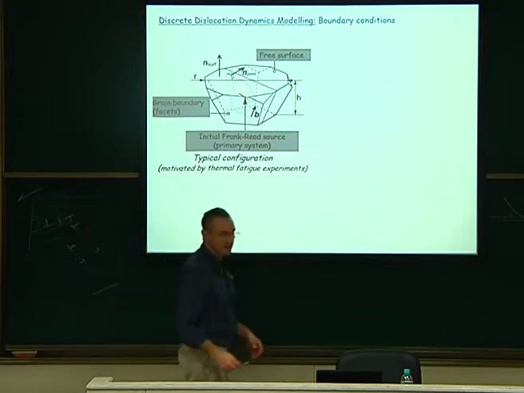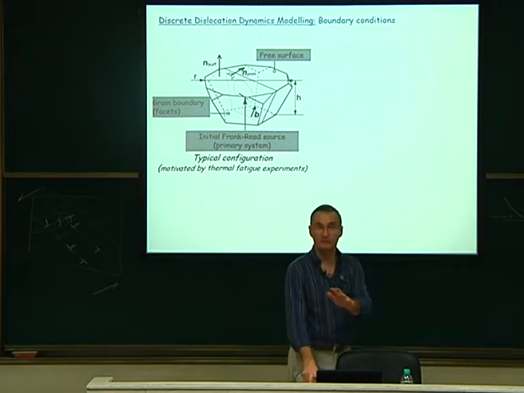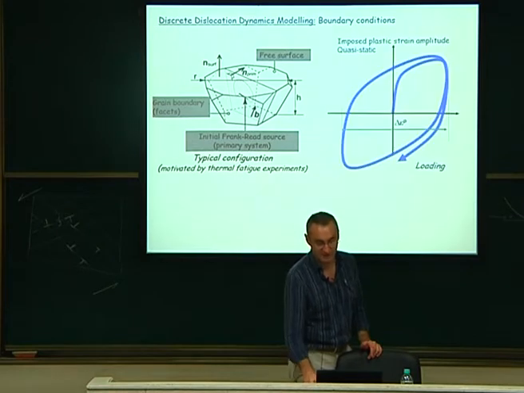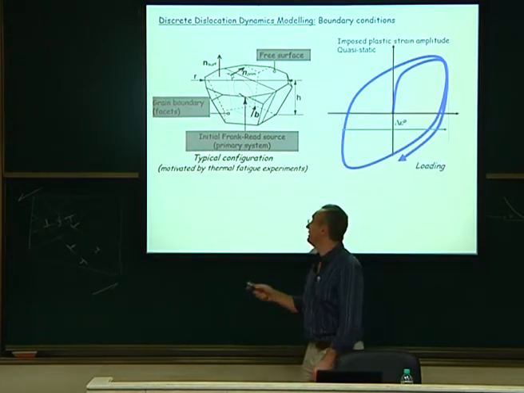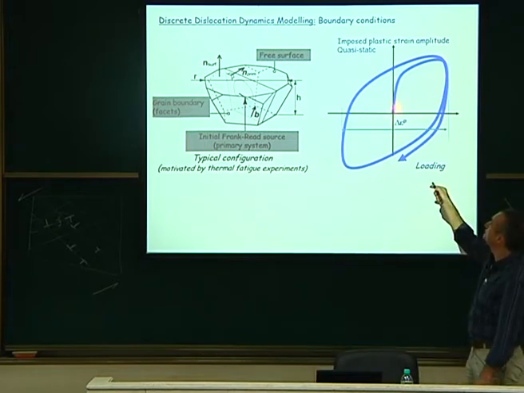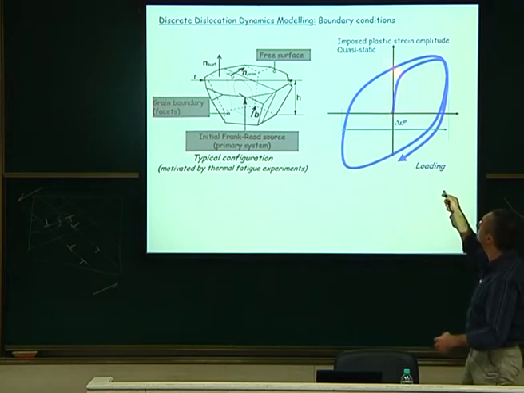And we put that inside. Of course, we will have cross slip. We will have all these features, all what I explained. No climb here. Just conservative motion. Then we will apply a quasi-static loading. I mean that I will continuously increase the stress. So I am starting here. I increase a bit the stress. I wait for dislocations to stabilize. I increase more. I wait. I increase more. I wait.